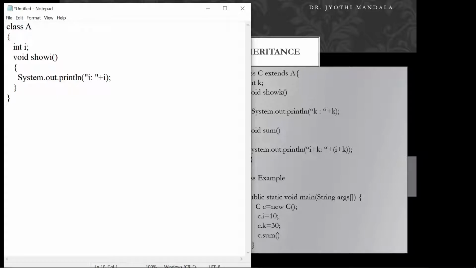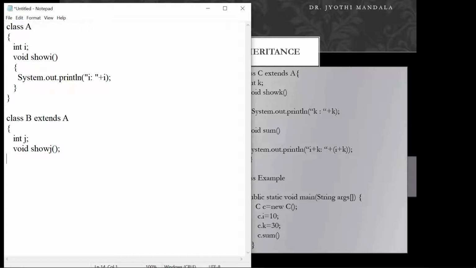Now I am taking one more class, class B, which extends this A. For this class, you can have its own variable int j, and along with this j, it can access I also. But what you need to understand here is that one class has been extended by multiple classes.